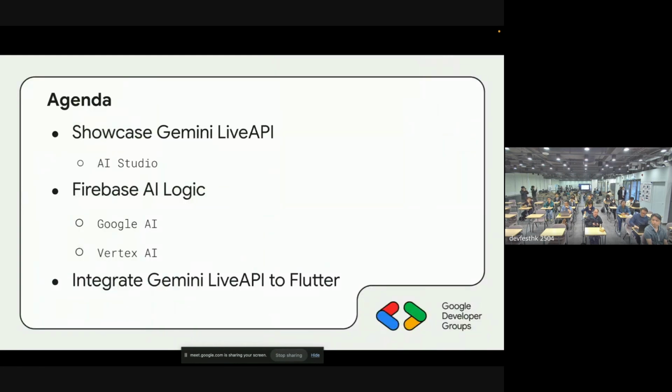The agenda for today is that I will show you how LiveAPI works, and I'll show you what Firebase AI logic is, because Firebase AI logic is one of the easiest ways to integrate Gemini into your Flutter app. And later on I will show you how to integrate Gemini LiveAPI into your Flutter app. So